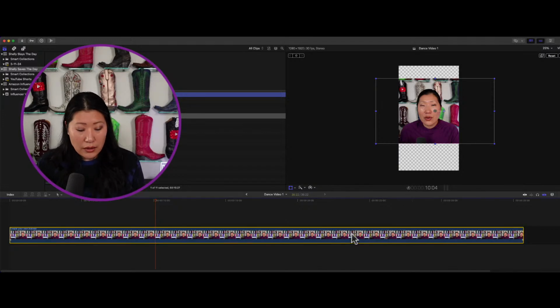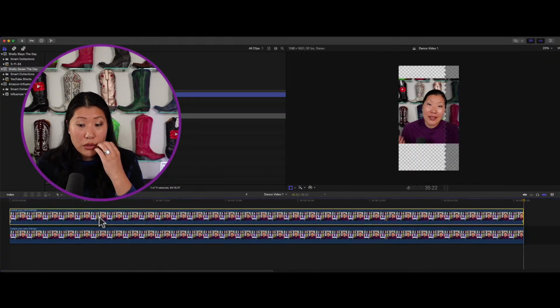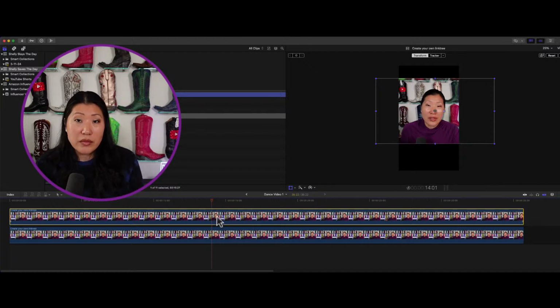The way that we would do that is we're going to take this layer and duplicate it. Now, when you do that, you're going to stack them on top of each other. When we do this, obviously, you're going to have two videos and two audios going, so you're going to want to make sure that you reduce the volume on one of them. It doesn't really matter since it's the same clip. So you would either detach audio and delete that audio, or you can just drag that audio down to 0 and have nothing.